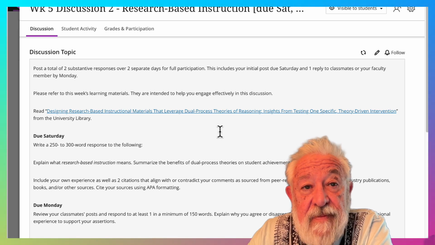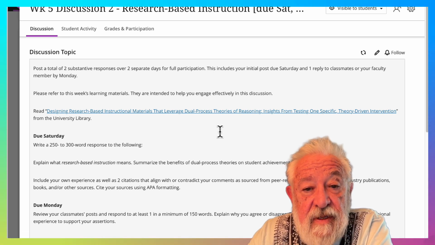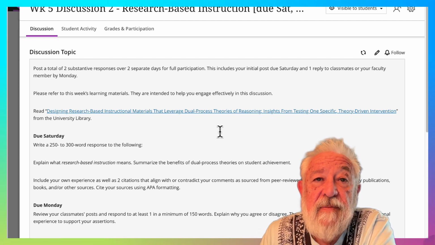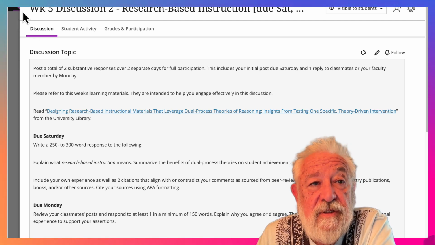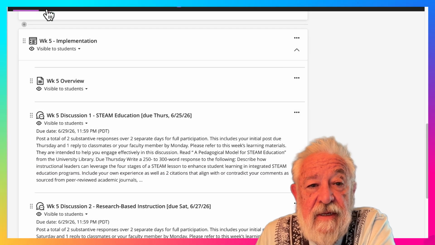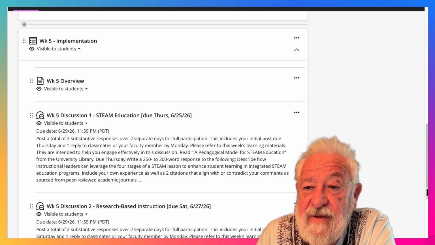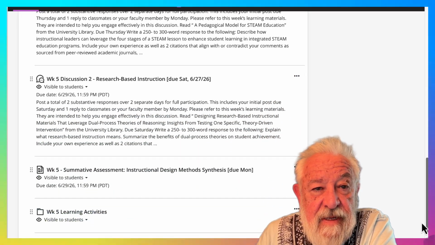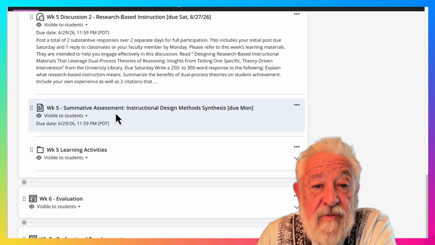Pretty interesting topic. Okay, so you cite a source, of course, 2 sources, and what are the benefits in your situation? What do you think about it? That's what we're looking at. How could you use this idea? Where, how, when, why, whatever. Okay. You reply to someone by Monday, and then you have your summative assessment